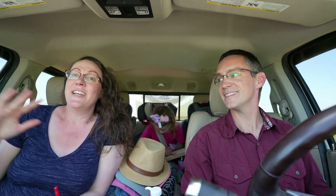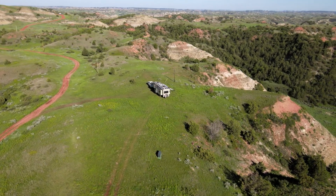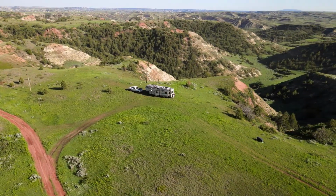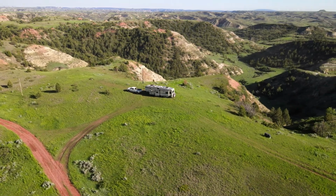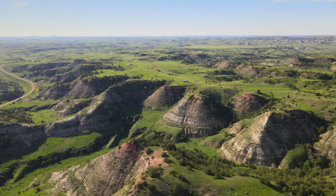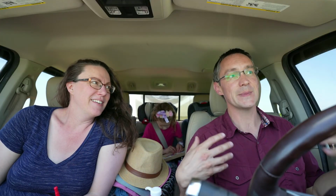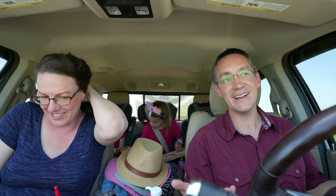We enjoyed this wonderful view where we have parked our RV up on a ridge, and we can see out over the hills, over the Badlands. We got up this morning and it was a real treat to just open the windows back up and look outside. And there was a little bit of a breeze, but as the morning has drug on